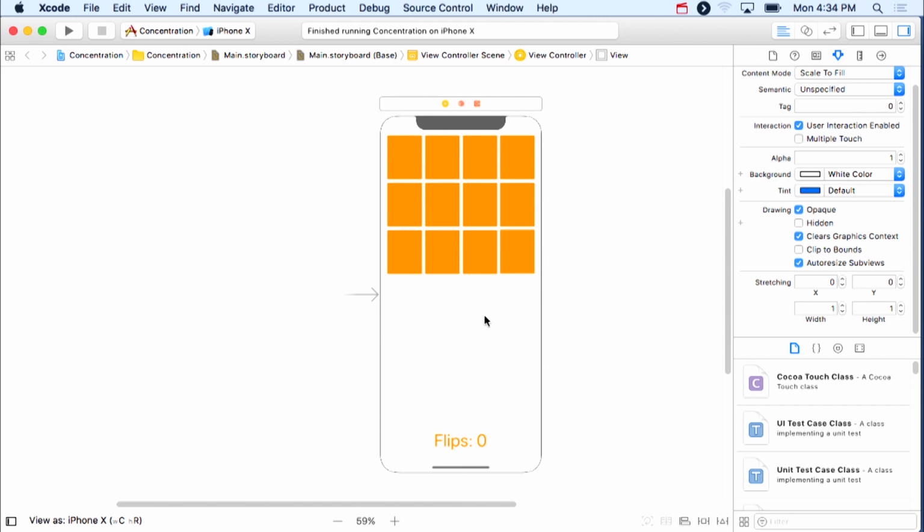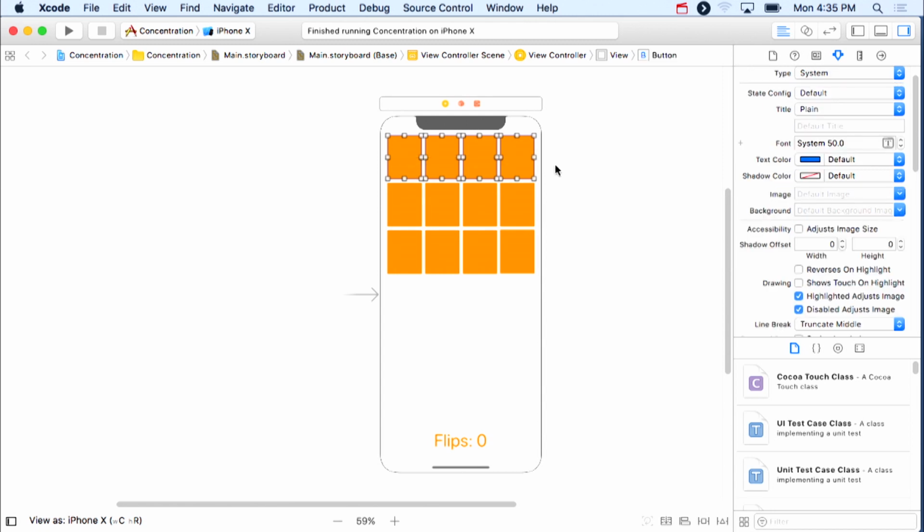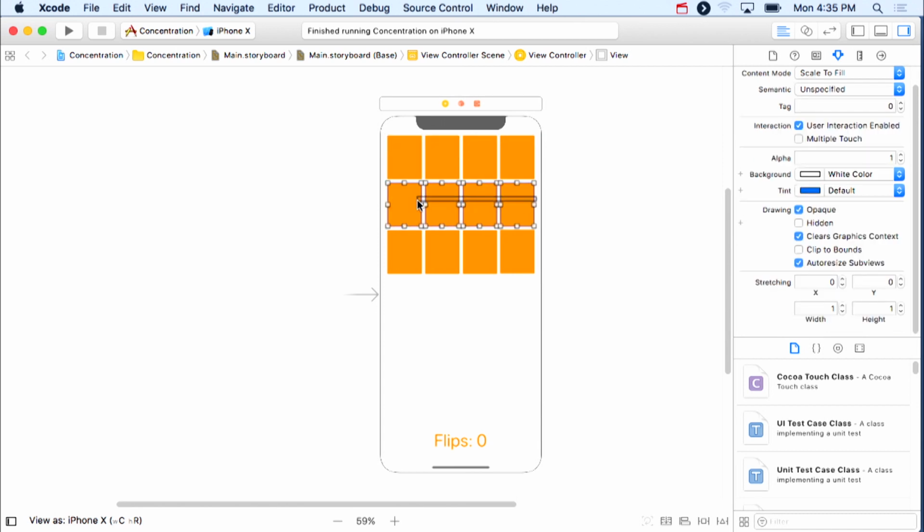Okay, so Stack View, UIStackView, it's just another class in iOS, like UIButton is a class and UILabel. It's just another view, in fact. What it does is it'll take other views, like let's say these 4 buttons, and stack them together. Now, it only knows how to stack horizontally or vertically. It can't stack 12 of these things in 2 dimensions like this. So I'm going to have to make 3 horizontal stacks out of this group, this group, and